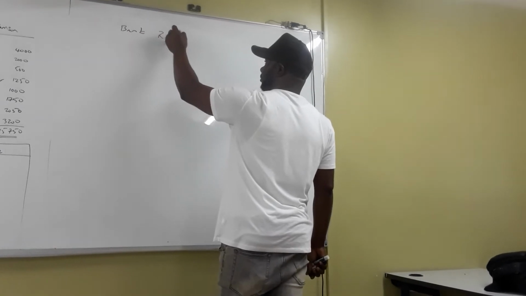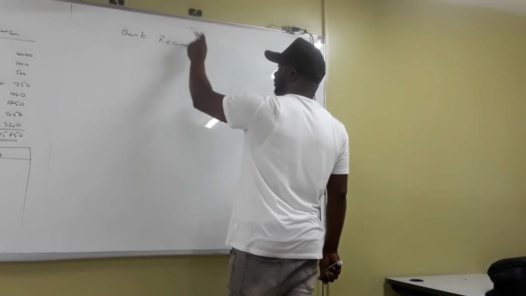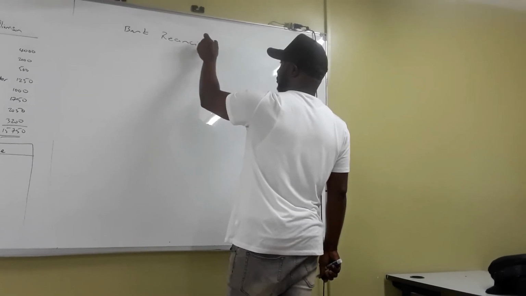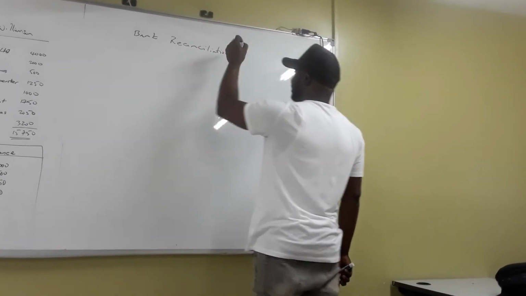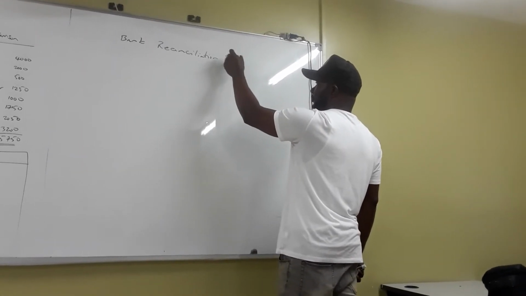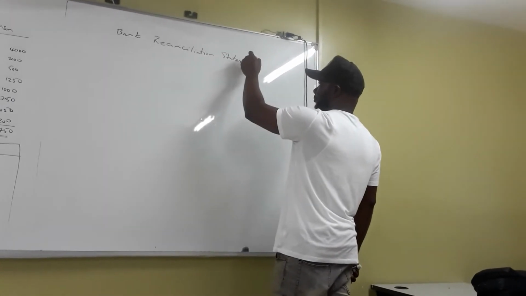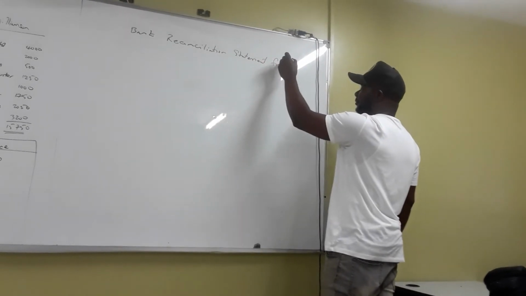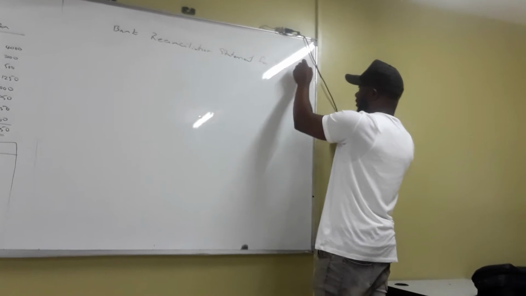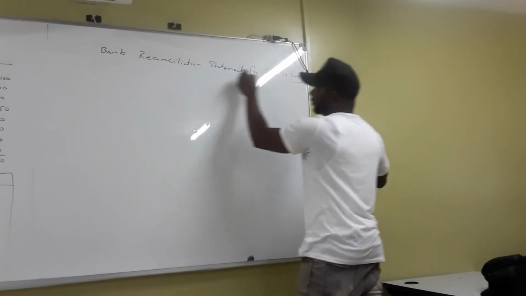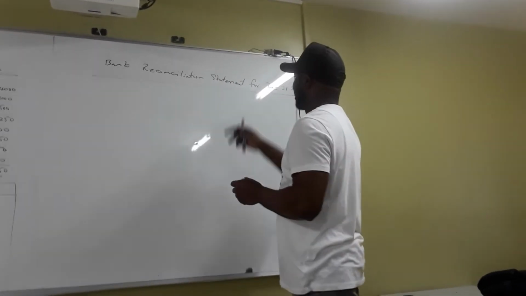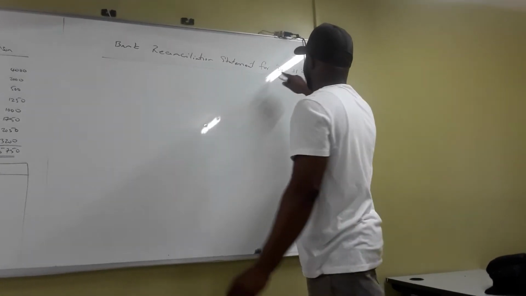Bank reconciliation statement for December 31st, 2002. So this is pretty much an extract, right? An extract of your bank statement. So we say bank reconciliation statement